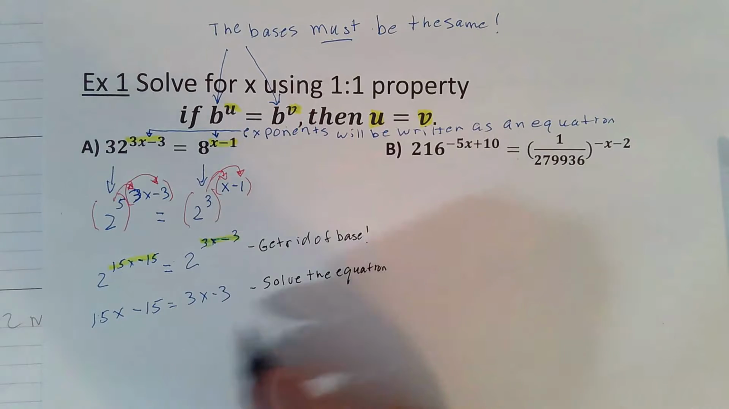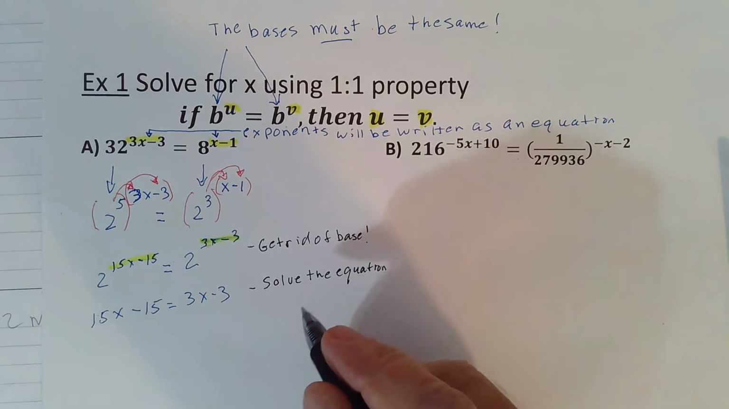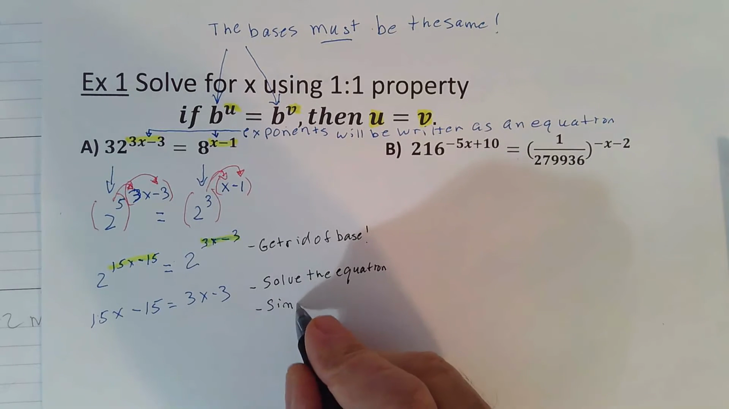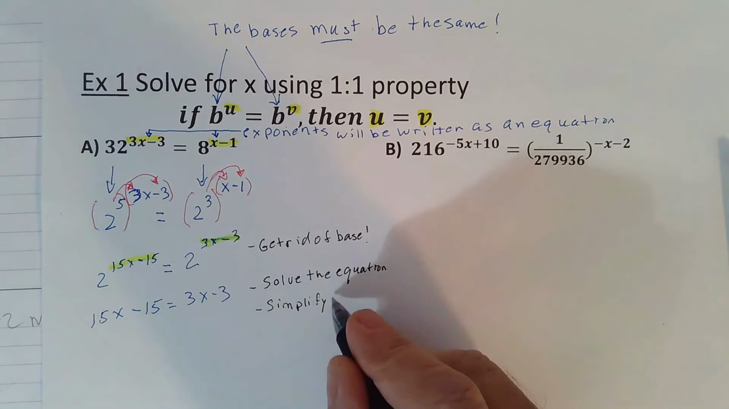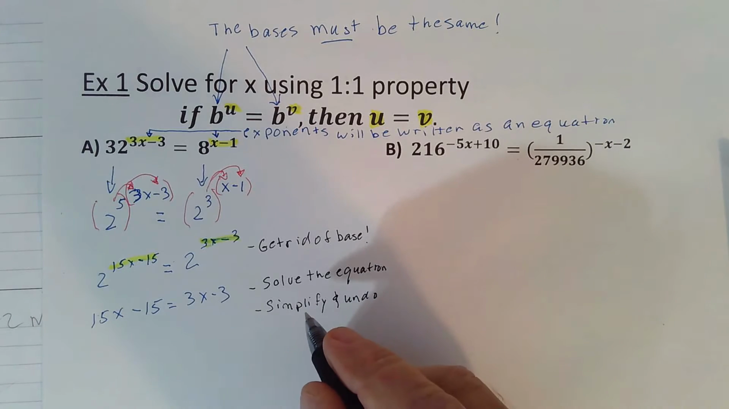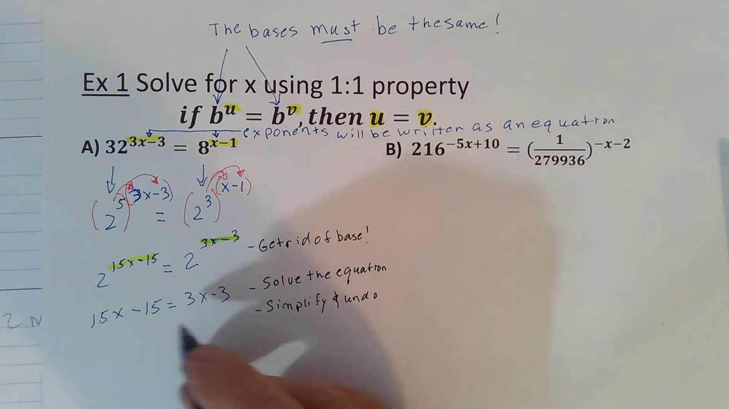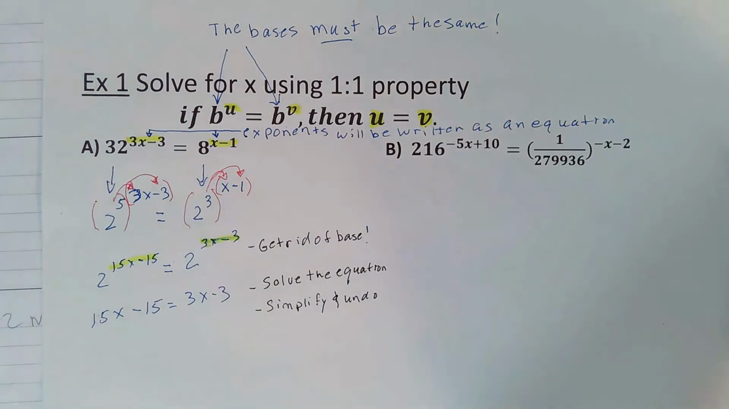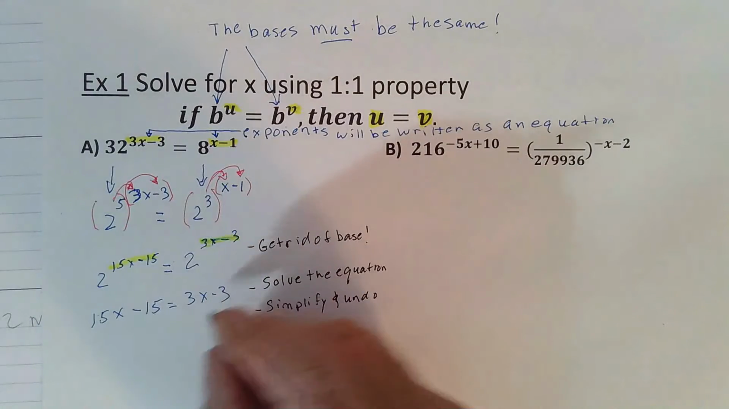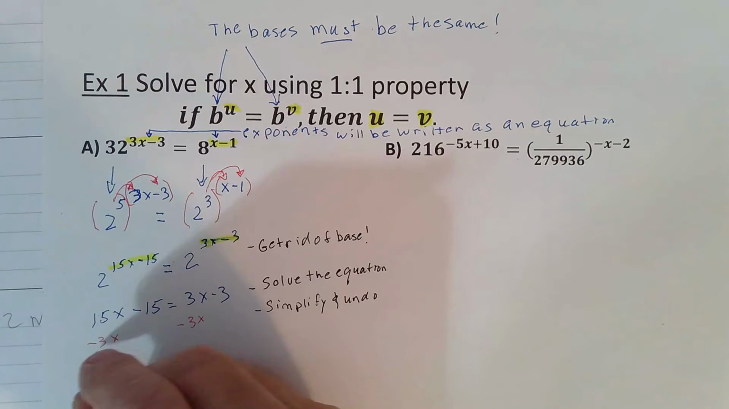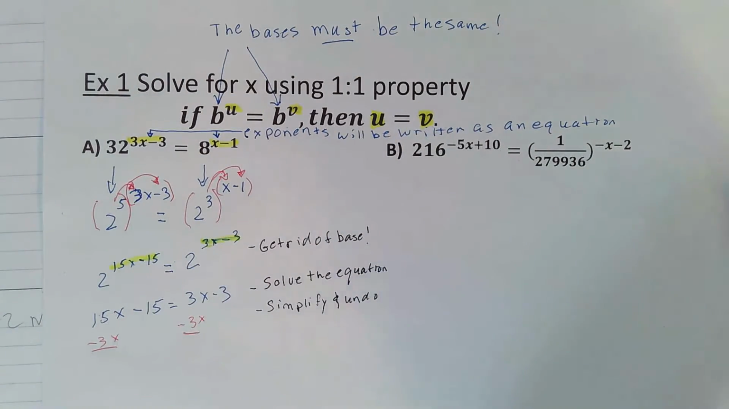And of course, this is created by the exponents. So the first thing I want to do is simplify and undo. And so I'm going to subtract, let's see, I want to get the x's together. So I'm going to subtract 3x. So subtract 3x here, and I'm going to subtract the 3x over here. And when I do that, I'm going to get